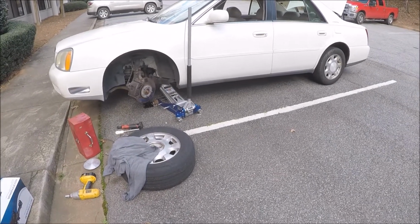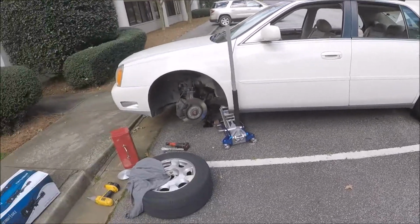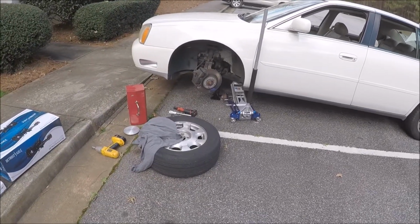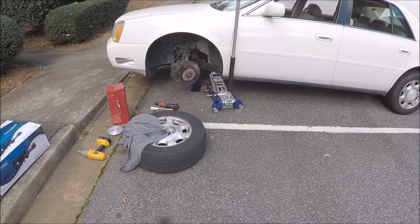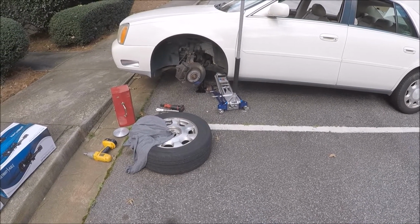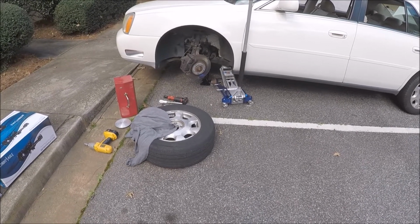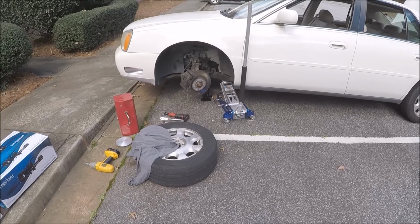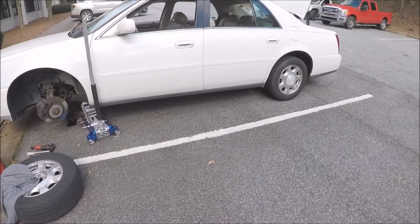Alright, Dre here, and today I'm doing some work on my 2001 Deville. I plan to replace the struts, replace the rotors and brake pads, and hopefully they'll take care of the shaking when I put on the brake and the bouncing when I'm on the expressway doing 110. Anywho,